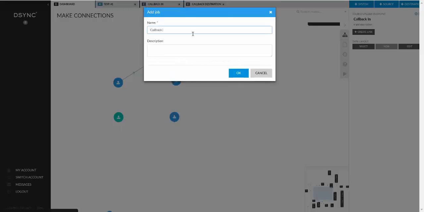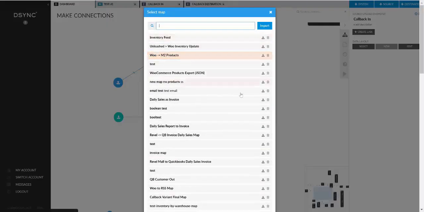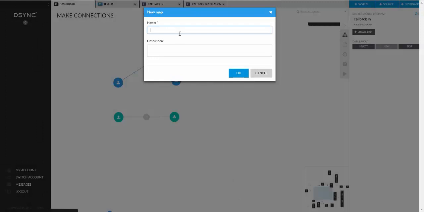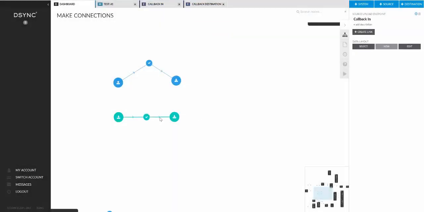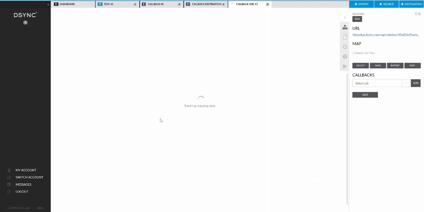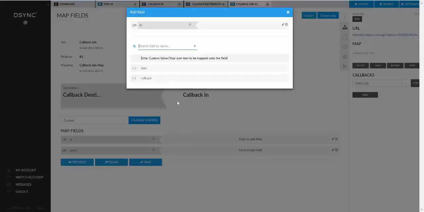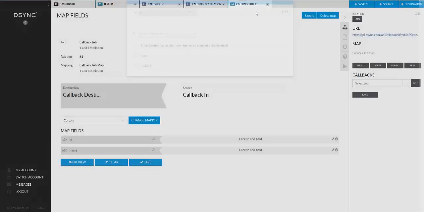So this is our callback job, and this is important. The name of the job is important, and I'll show you why in a little bit. And this is our callback job map. So we'll define the mapping. I don't think I've actually added the ID and name under the callback. I did not. I forgot about that. Apologies. So let me go back,